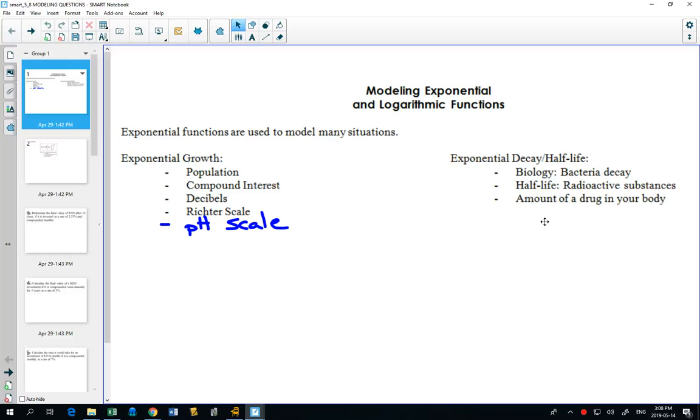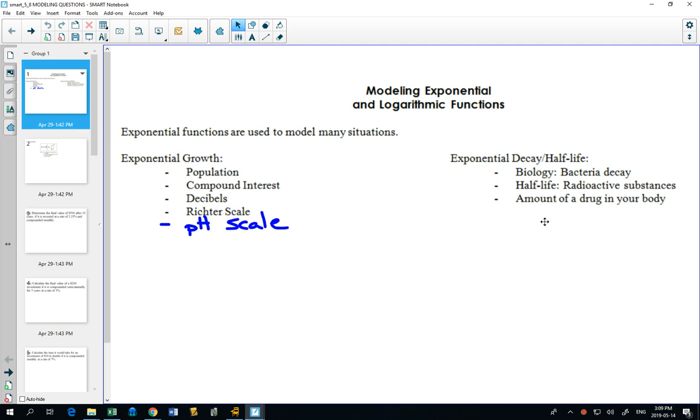Section 5.8 is a large section. It is real-life modeling of exponential and logarithmic equations. And there's no formulas on your formula sheet for any of these equations, because they will always give them to you in the question, which means that your exam is completely